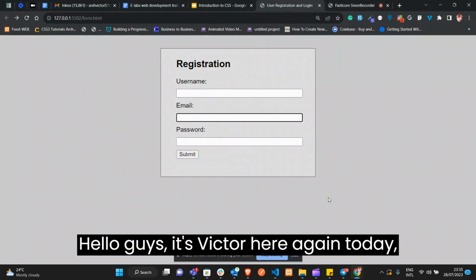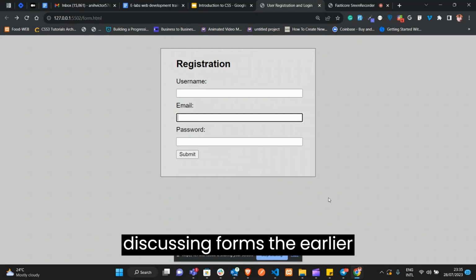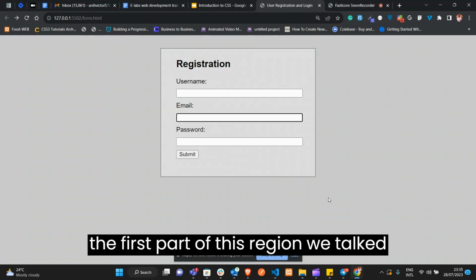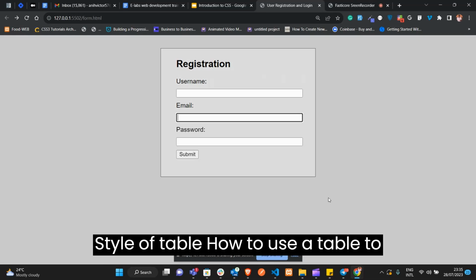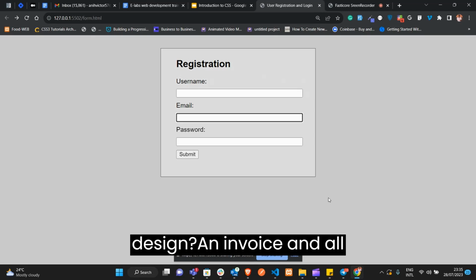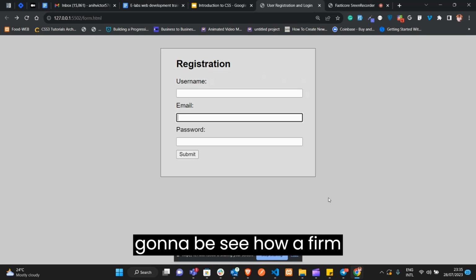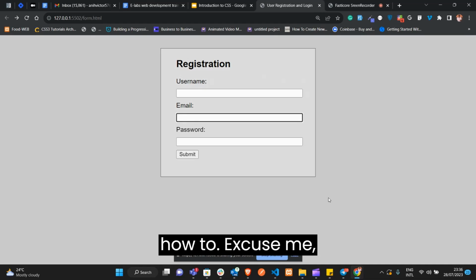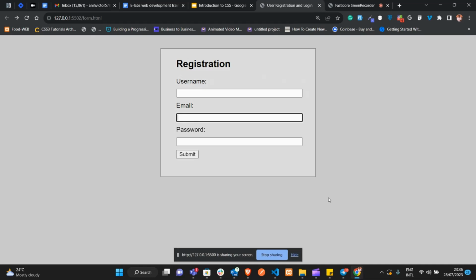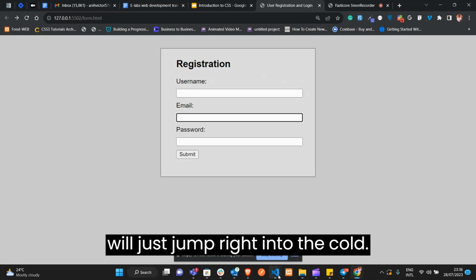Hello guys, it's Victor here again today. So we're going to be discussing forms. The first part of this video, we talked about how to style a table, how to use a table to design an invoice and all that. So the second part is that we're going to see how a form works, understanding how the form works, and then how to style a form, right? So we'll just jump right into the code,